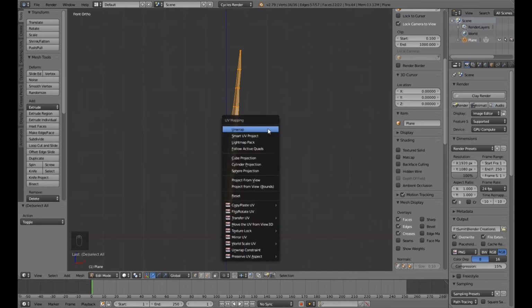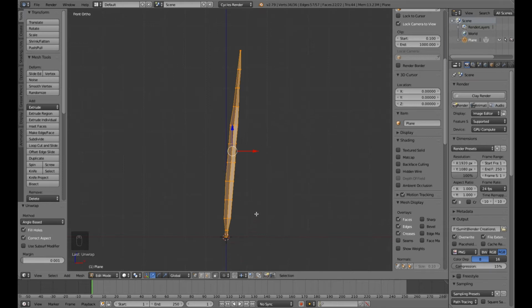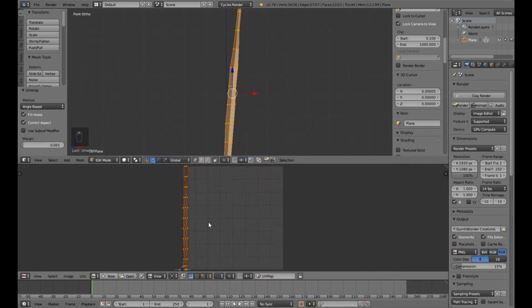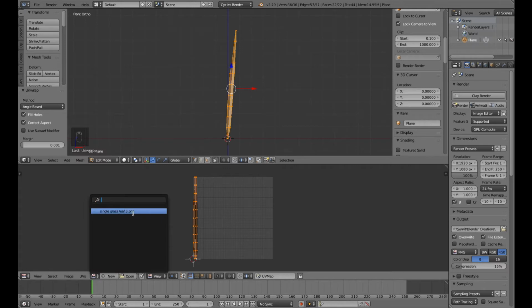What I'll be doing is UV unwrapping my mesh, so that the same background image that I had loaded in order to create this mesh, I want the material of that very image to be unwrapped along my mesh here. So I'll be dividing my viewport into two divisions. Select this one as UV image editor. Now you can see that the UVs have been unwrapped here, all the vertices have been unwrapped here,